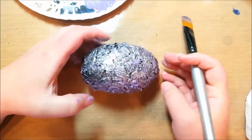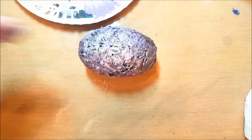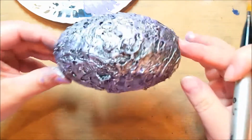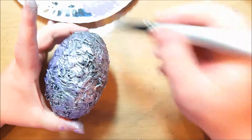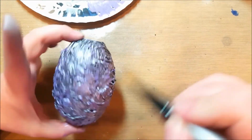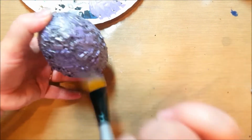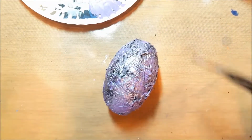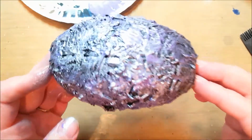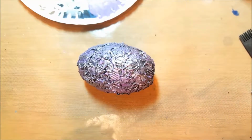For the top layer, I'm actually going to let it dry just a little bit because I don't want it to blend. I want to put the top layer on and highlight, because right now I'm getting some blending going on. You can see a little bit. All right. Okay. You can see that as I bring it nice and close. All right, so now I'm going to let this dry, and